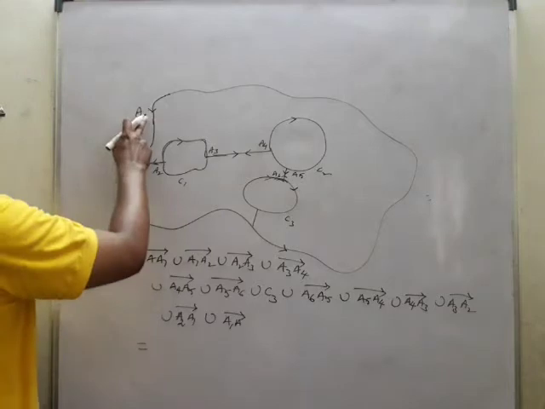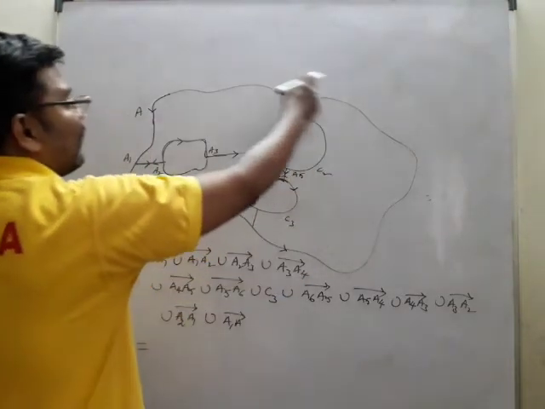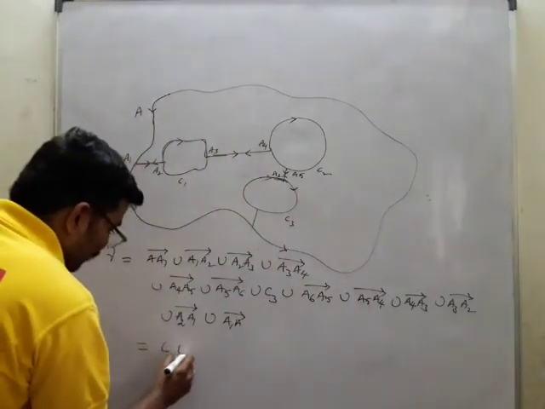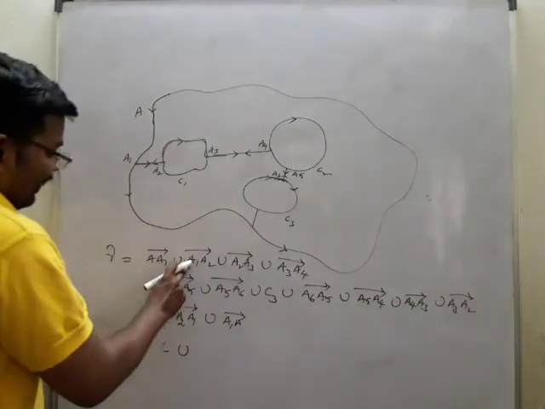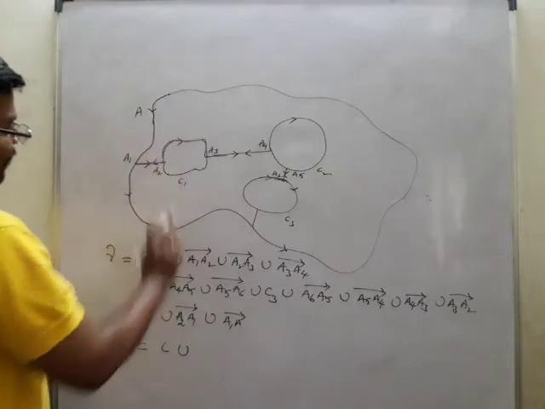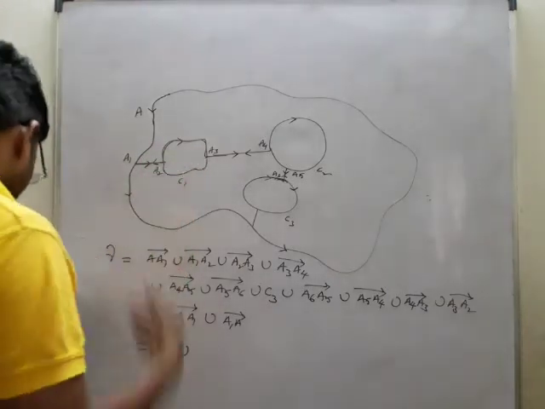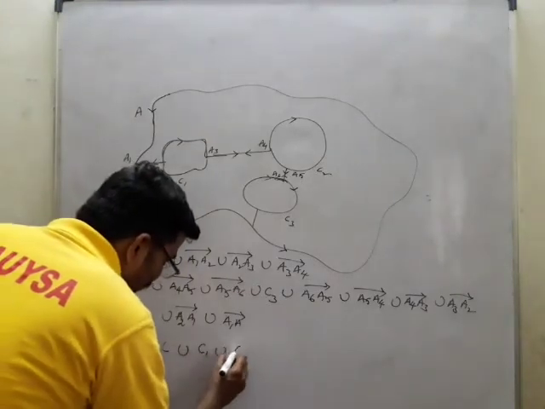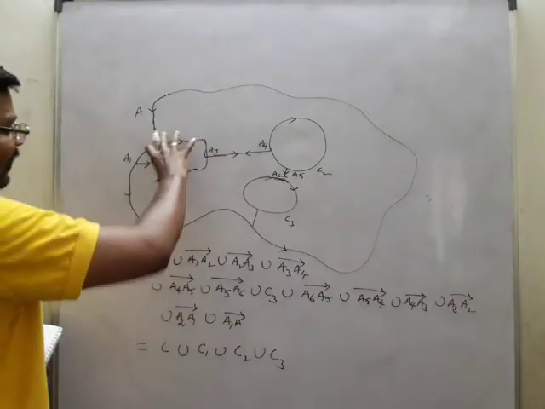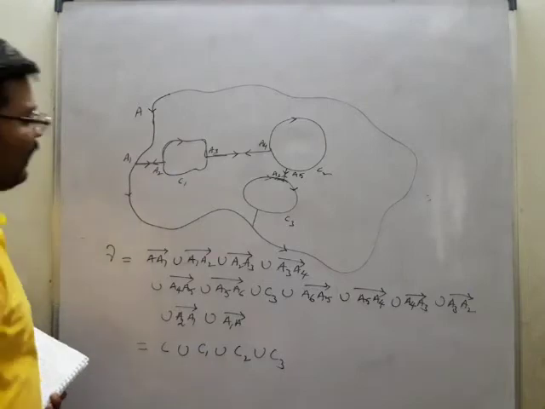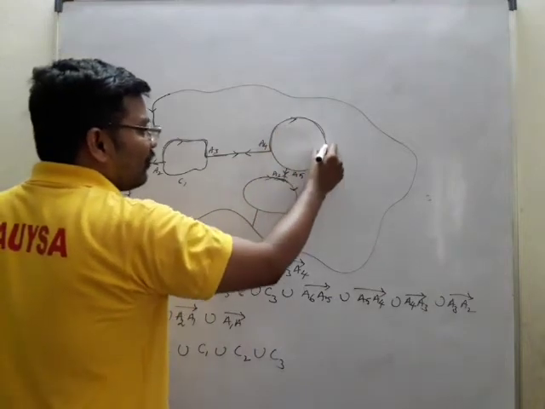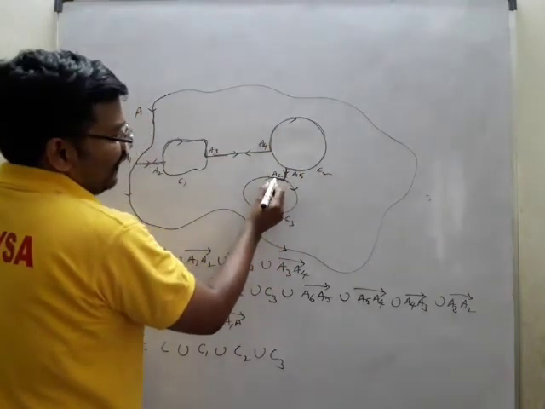Okay, so what I got is, suppose for example it is going in this form, the total is A. A goes to A means this is C, union A1 to A2, and this again you will get C1. A2 to A3 is nothing but C1. So I make it as C1 union C2 union C3. Total together you get A1 to A2, A2 to A3, A3 to A4, A4 to A5, A5 to A6 we got.